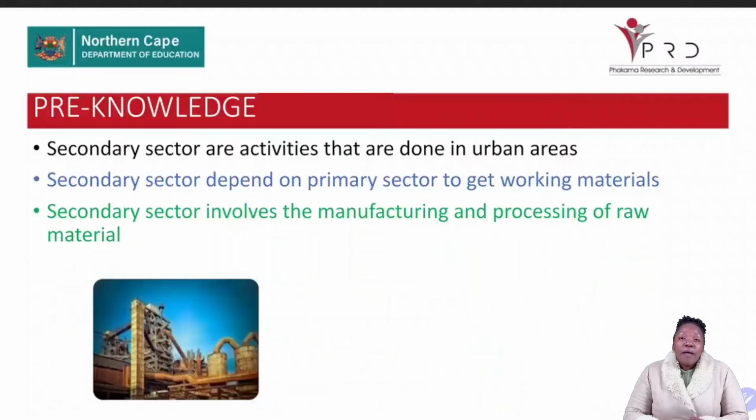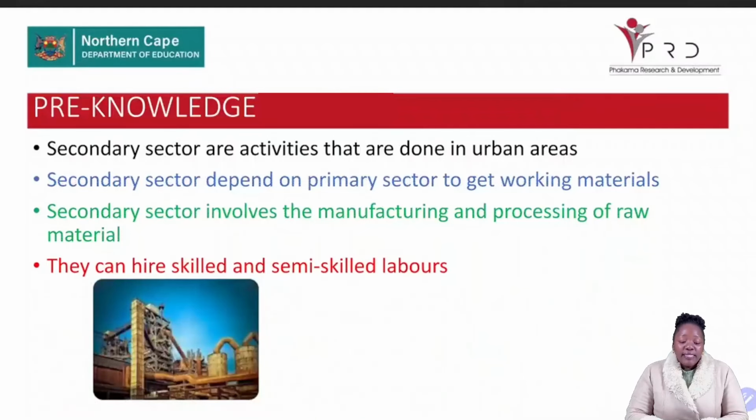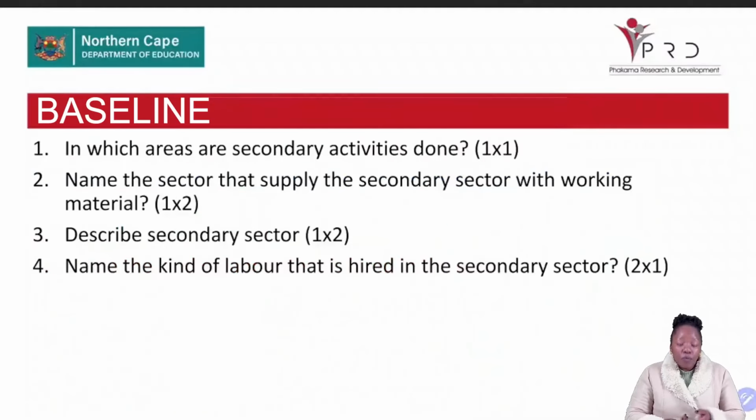Then the secondary sector is involved in manufacturing and processing of raw material. And then they can hire skilled as well as semi-skilled laborers. We have explained in our previous lessons what is skilled and what is semi-skilled, and we're going to explain